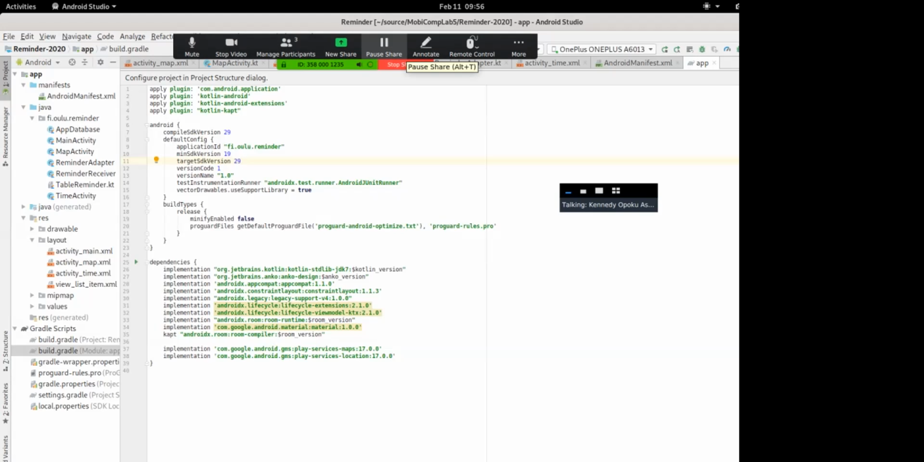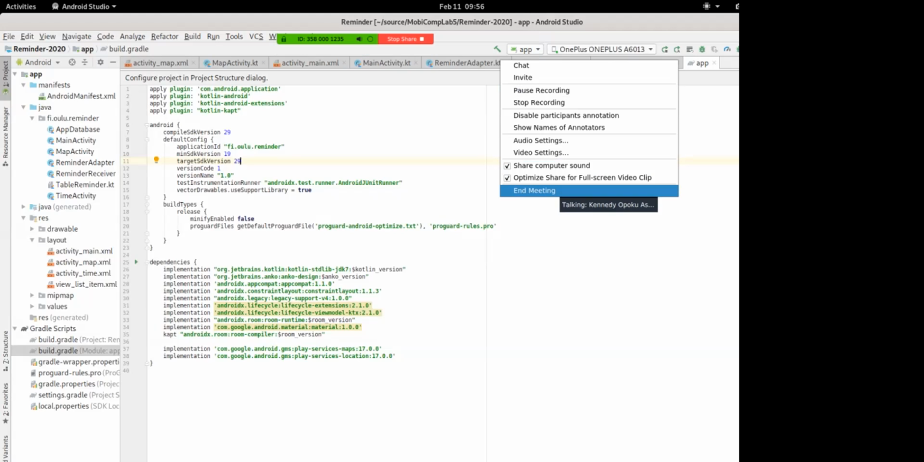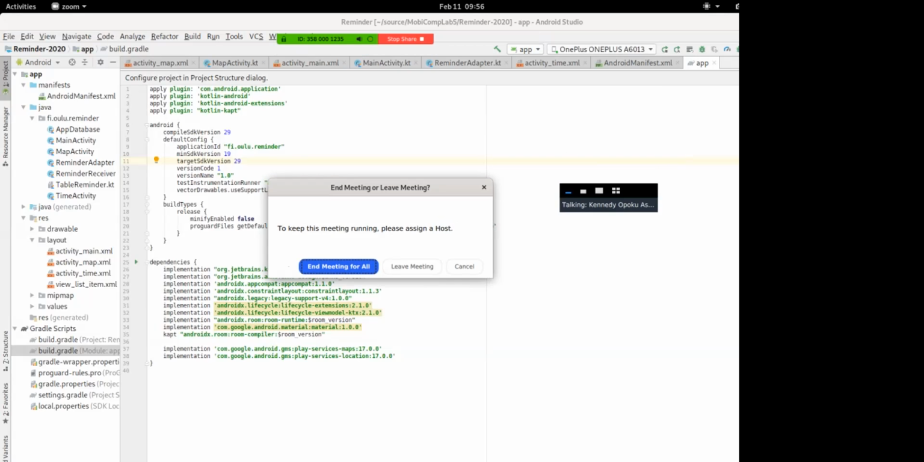I hope I recall it. So let's see. Well, it should be fine. The thing is that on Linux,